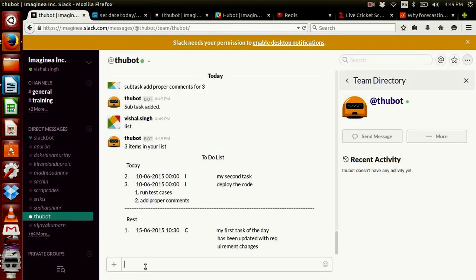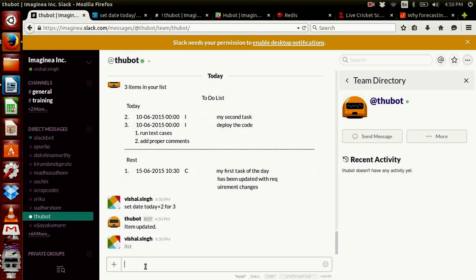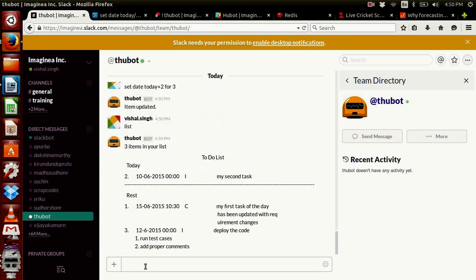Suppose we want to change the date for task number 3, currently it's 10th of June, so we can set it to 12th of June. Set date today plus 2 for 3. Item has been updated, so it has been changed to 12th of June.